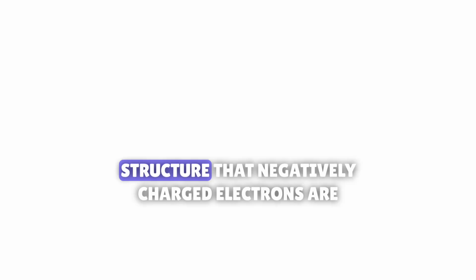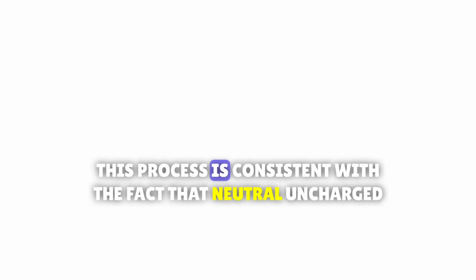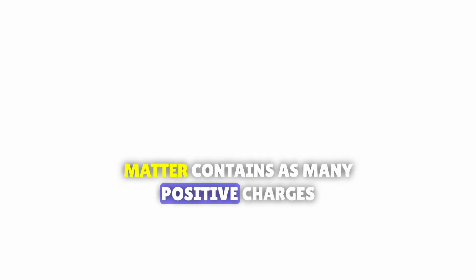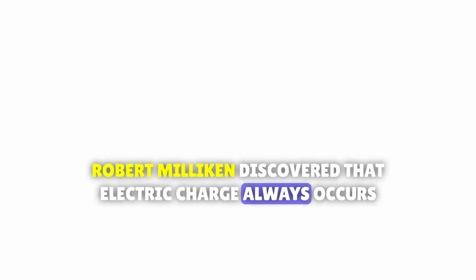We now know from our understanding of atomic structure that negatively charged electrons are transferred from the glass to the silk in the rubbing process. Similarly, when rubber is rubbed with fur, electrons are transferred from the fur to the rubber, giving the rubber a net negative charge and the fur a net positive charge. This process is consistent with the fact that neutral uncharged matter contains as many positive charges, protons within atomic nuclei, as negative charges, electrons. Robert Millikan discovered that electric charge always occurs as some integral multiple of a fundamental amount